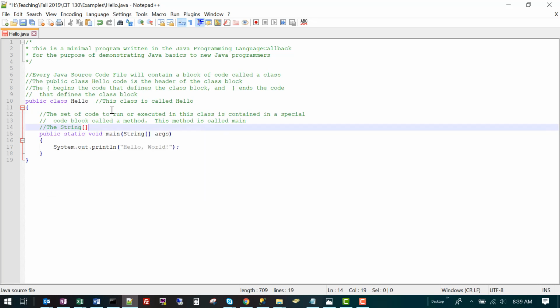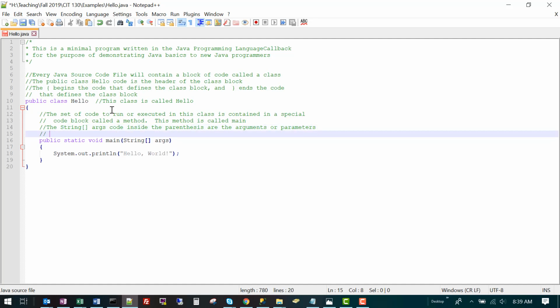The String args code inside the parentheses are the arguments or parameters expected by this method. Again, there will be more on that later.